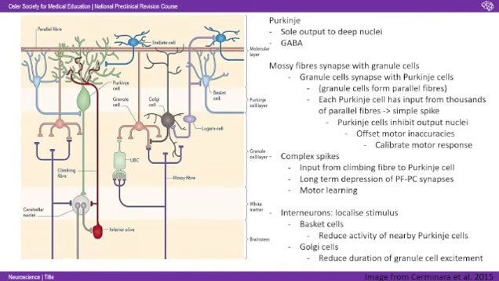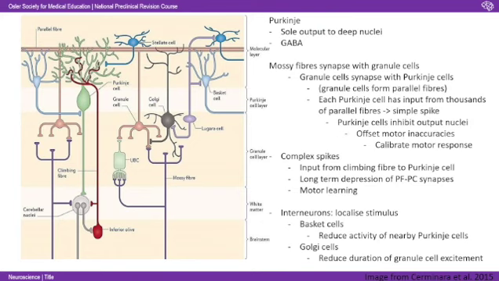However, the cerebellum also plays a role in learning, and that's where you have these complex spikes. This is input from a climbing fiber, which you can see in red, onto the Purkinje cells, and that causes long-term depression of the parallel fiber Purkinje cell synapses. That's where the granule cells are synapsing onto the Purkinje cells, and that's thought to play a role in motor learning. Has any of you written a Part B essay on this? This is a slight simplification, but this is what you need to know for the exam. You've got your simple spikes, which are offsetting the motor inaccuracies, and then your complex spikes, which are all about this learning of